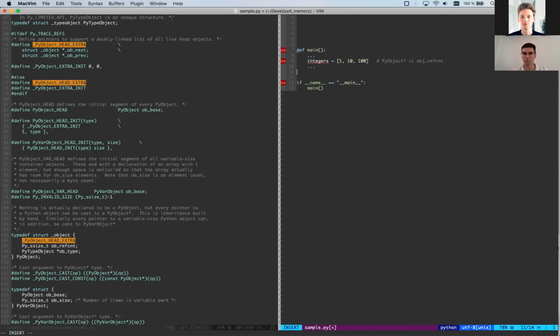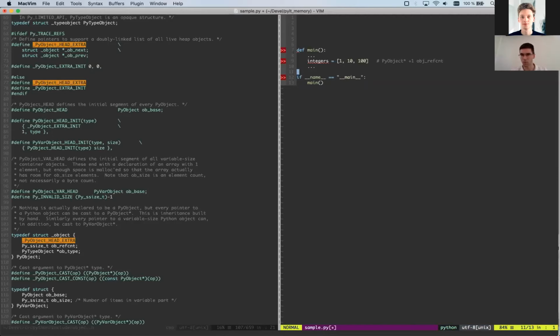And at this point, when exiting the function, it sees that you no longer have access to the integers variable. Therefore, the ref counter can be reduced by 1. And then it checks if the ref counter is equal to 0 and frees the memory using free.